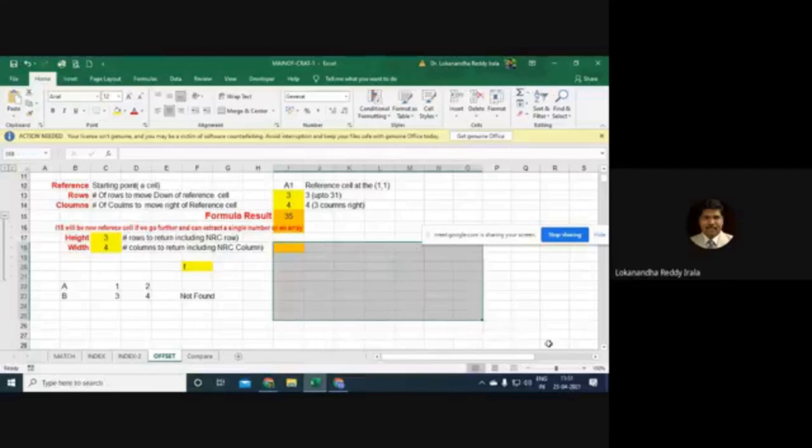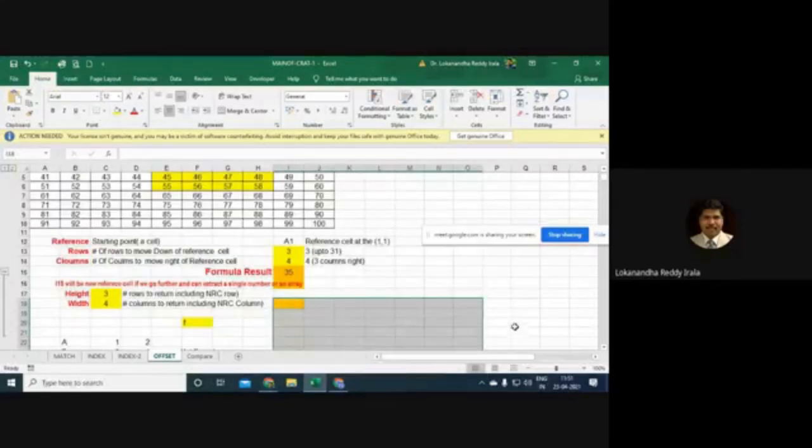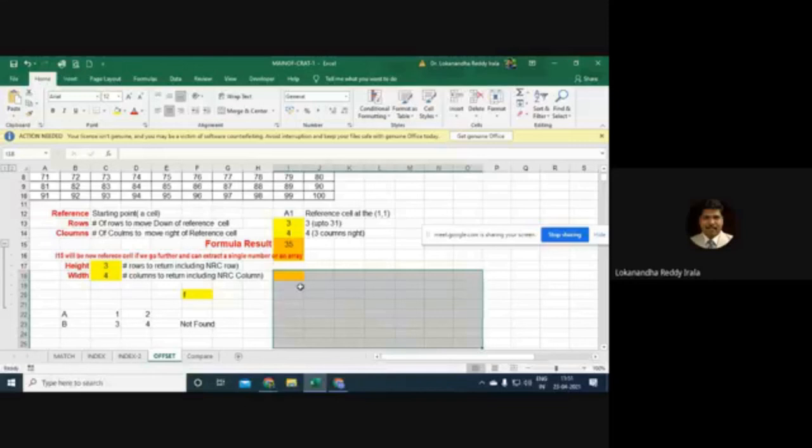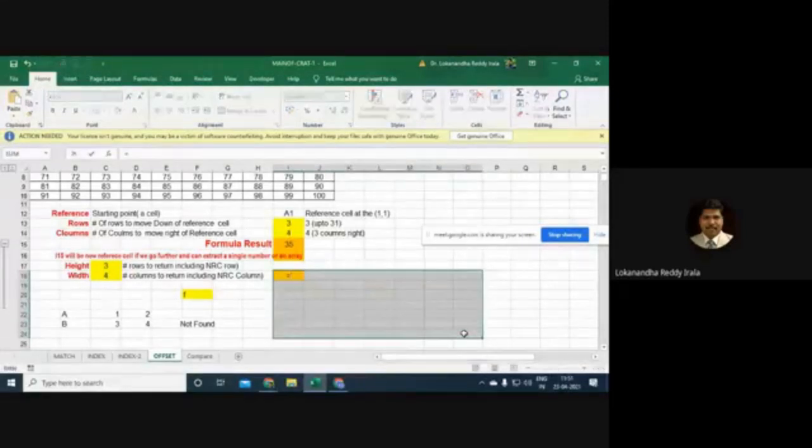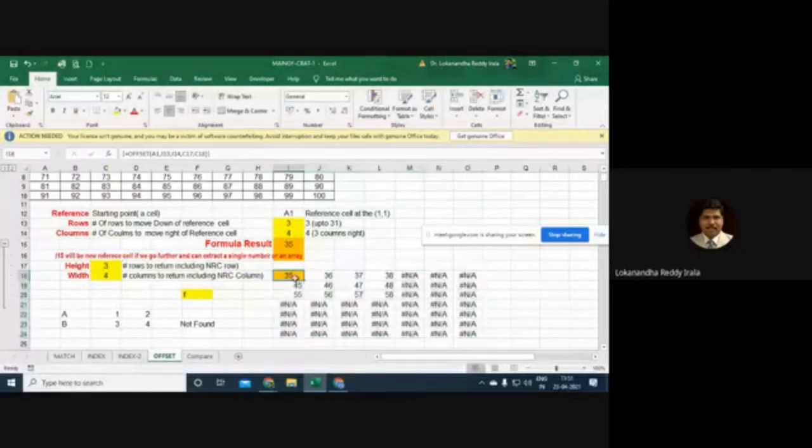Anyway, this is an opportunity for you to experiment. See, while writing an array formula, you select the output range, then click equal to, then write the formula. And now here, Control Shift Enter. After I press that, it will add the flower bracket, just to indicate that what you see here is an array formula. But anyway, it doesn't matter. Now it still works except this awkwardness. That means I can still change the column size and row size and get the desired output.